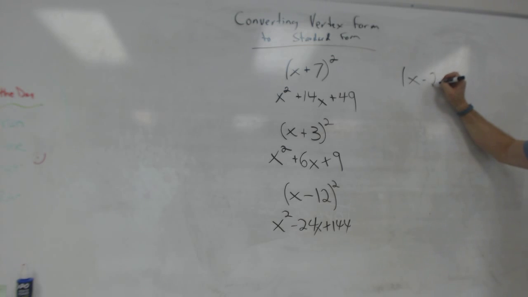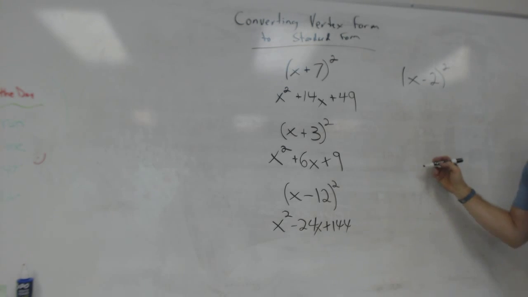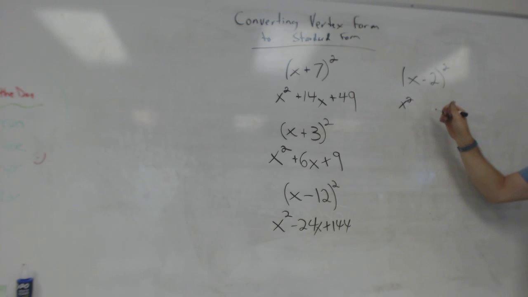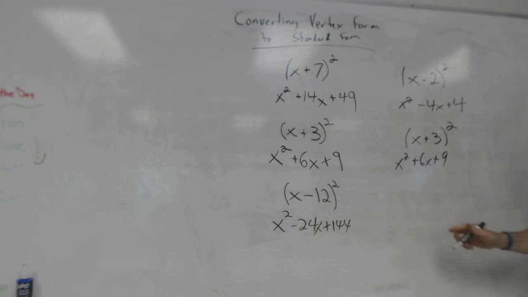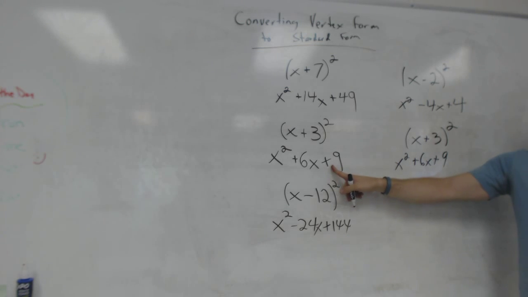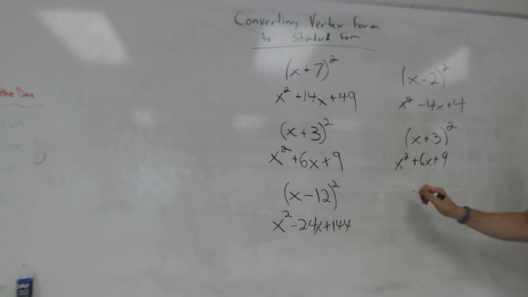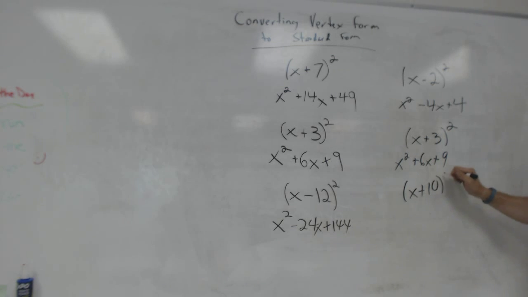Alright, let's do some more. (x minus 2) squared. First term. x squared. Second term. Minus 4x. Last term. 4. Okay. (x plus 3) squared. First term. x squared. Plus 6x plus 9. These look really similar. Okay, no, they're not. (x plus 10) squared. First term, x squared, plus 20x plus